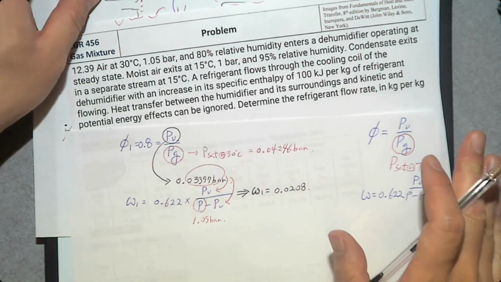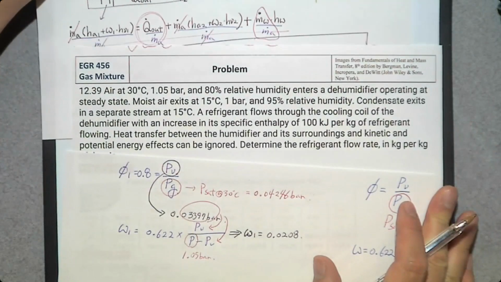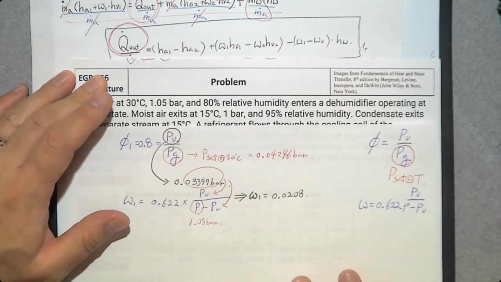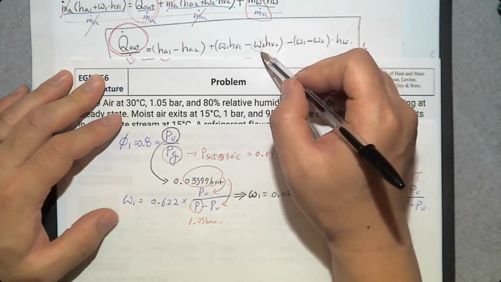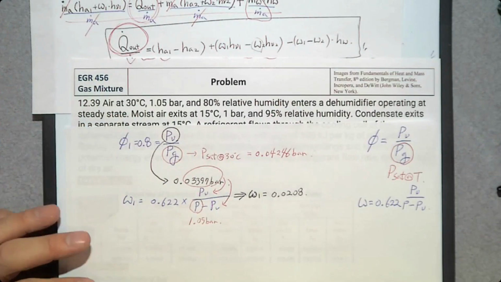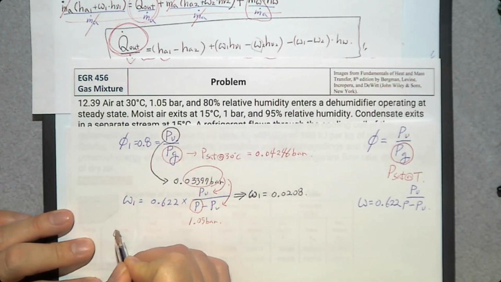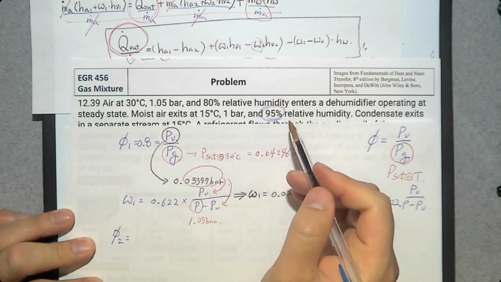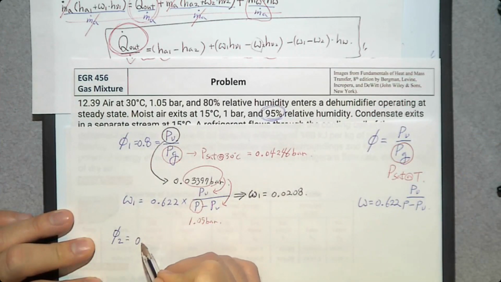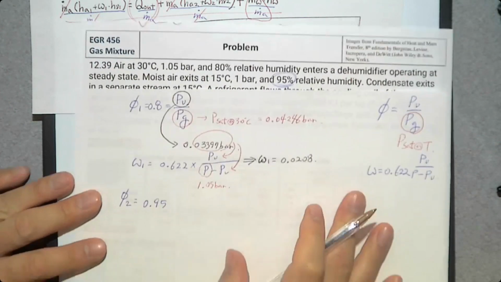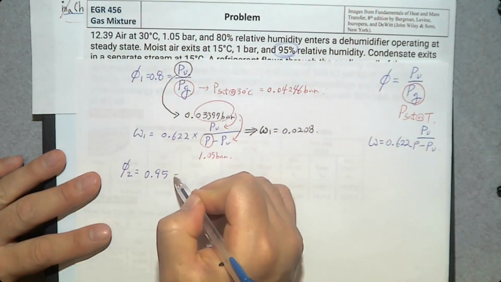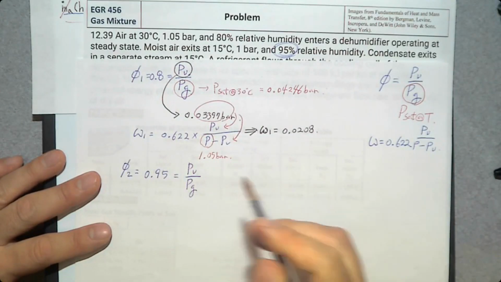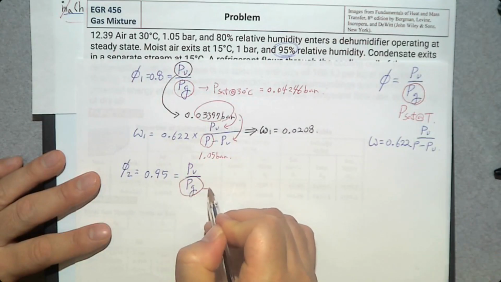But that's not it. We need to determine the humidity ratio at the exit number 2. If you look at this, we also need omega 2. So let's determine omega 2. We can use the same rule. Phi 2 is 95%. So 0.95, which is the same as PV over PG. Then what is PG? This PG is,